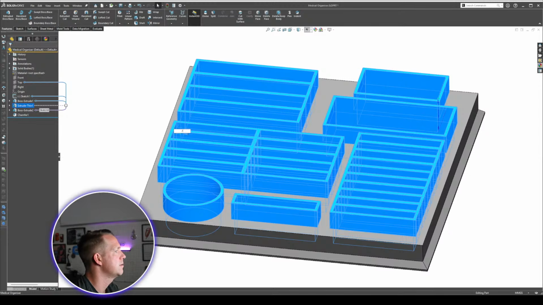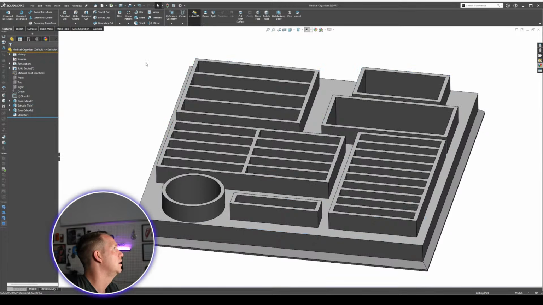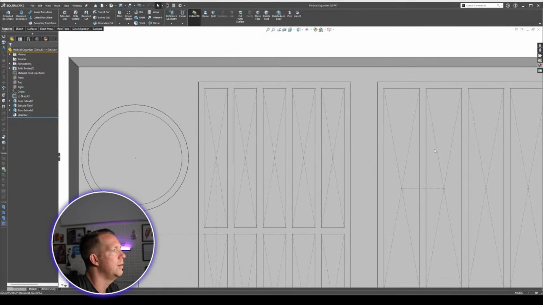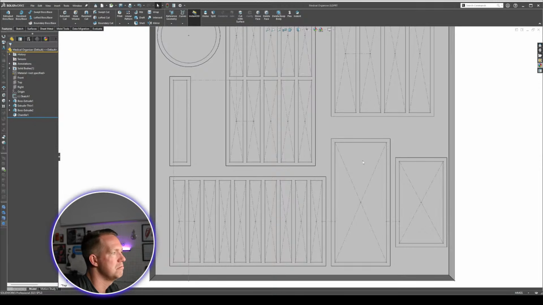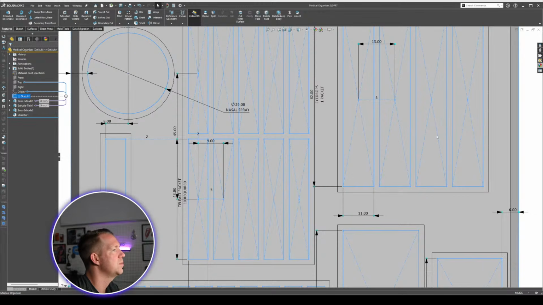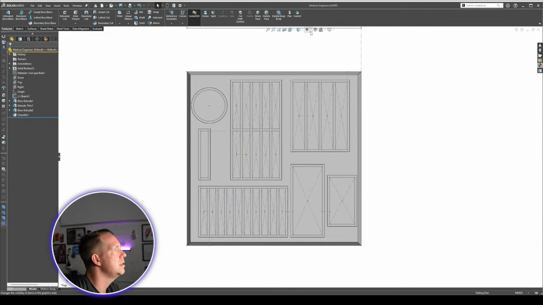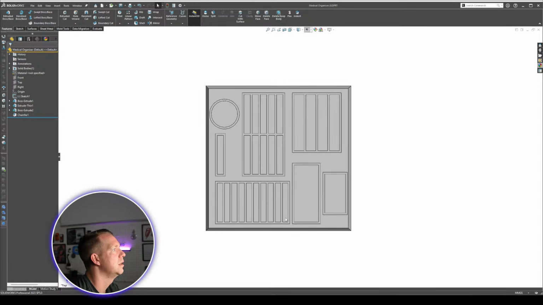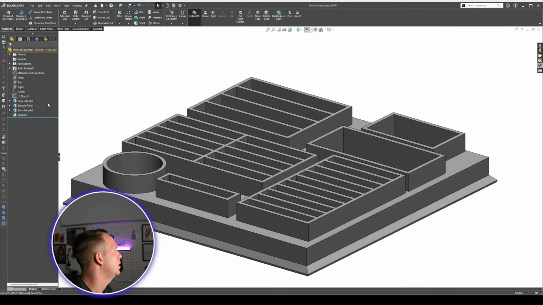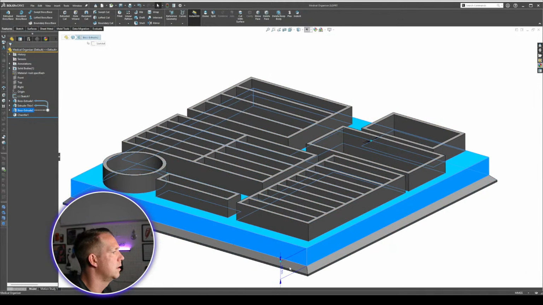Now, will it cause errors? That's a good question. I think it's okay. If we want to double check, let's go to the top view and have a look at our sketch. So long as we've got all the clearances still the same, it's fine. When we did this sketch, remember we usually did a 2 mil spacing, which basically means if I want to do that 2 mil wall everywhere, that's going to work. So what do you think, guys? How are we looking? Could this be a pretty easy option